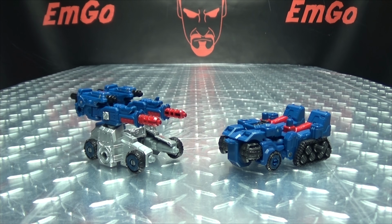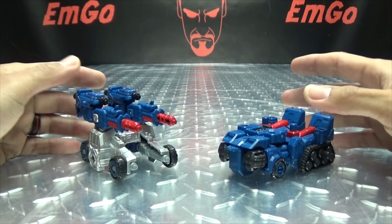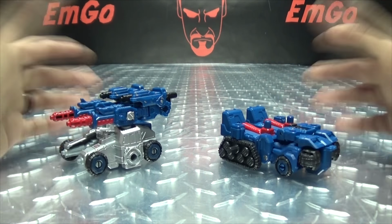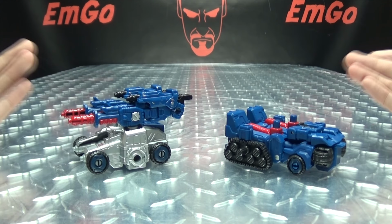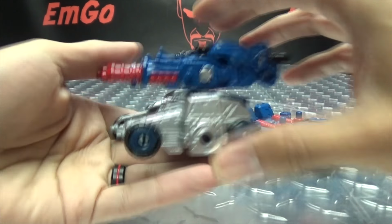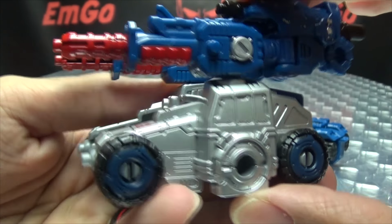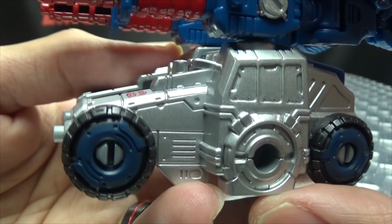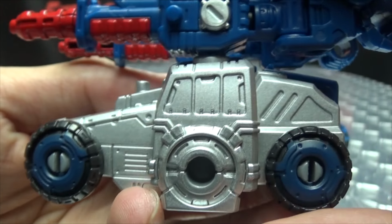And moving right along, here we have COG, and this guy is fun. I like him. So here we have COG in both of his modes. Just like the G1 toy, he splits apart into two separate little vehicles. First we will take a look at the main section here. As you can see, fully decked out in silver paint. Looks quite nice. There's some nice molded details